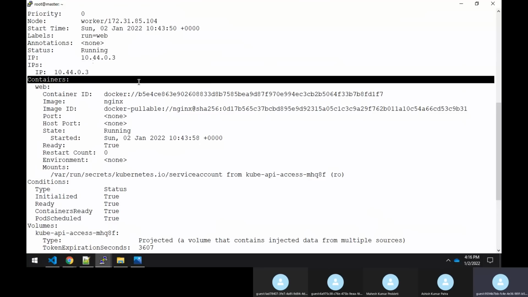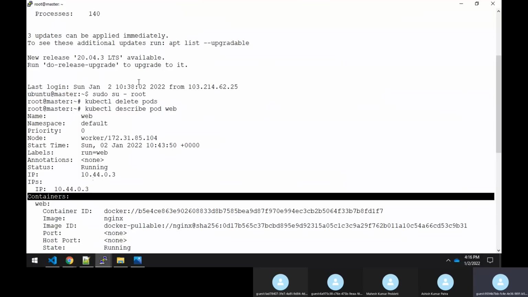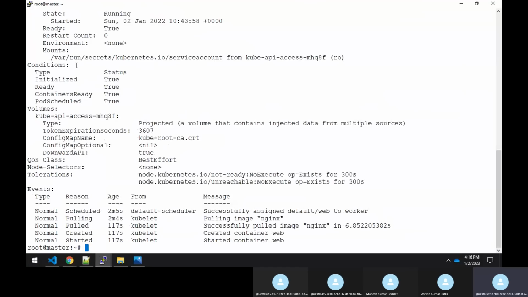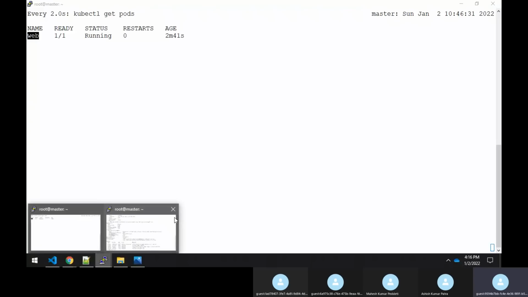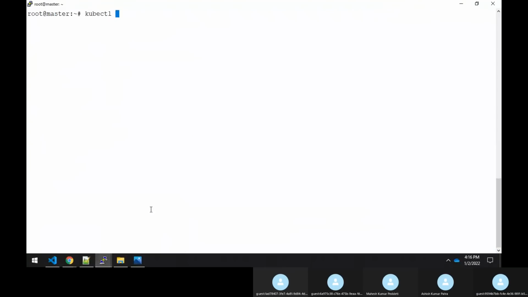Since we could see that here there are no controller types, I mean, there are no controllers, you can assume this running pod is not under any controller, not under any replication controller. That's what you can make out. But still, I will do a kubectl delete pod and specify the pod name. You can see that the pod is getting deleted. It's getting terminated. Now you have to wait. Now you see that the pod is not getting created at all because there is no controller. So you will never get a pod again.